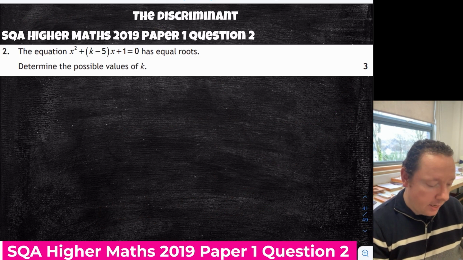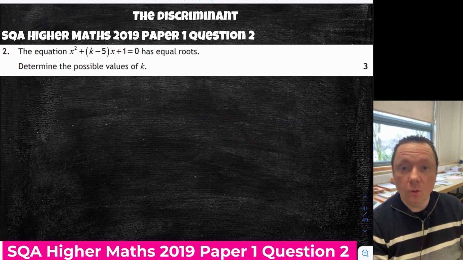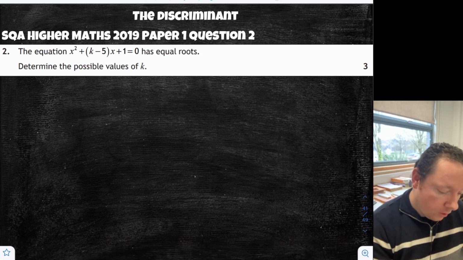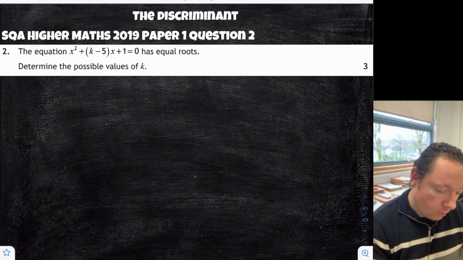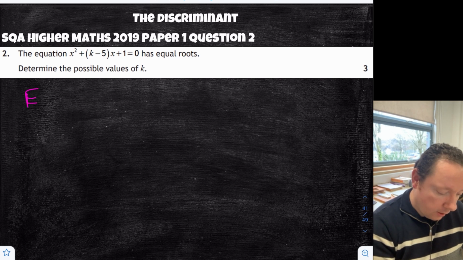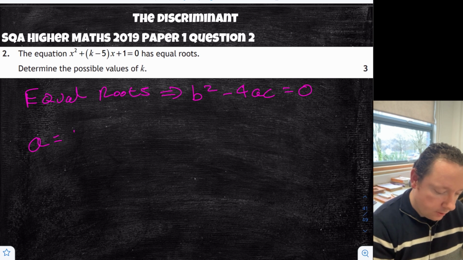Okay, the discriminant, SQA Higher Maths 2019, paper 1, question 2. The equation x squared plus (k minus 5)x plus 1 has equal roots. Determine the possible values of k. Well, if it's got equal roots, that implies b squared minus 4ac equals 0. So our a is the number in front of x squared, our b is k minus 5,